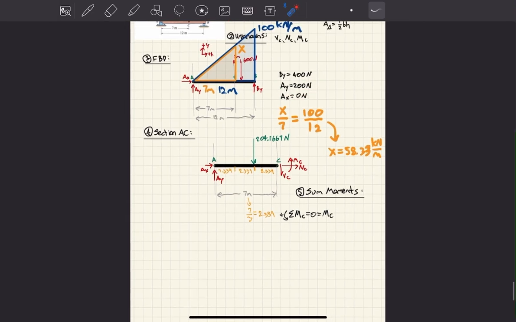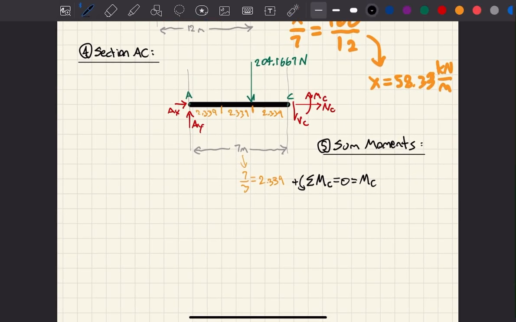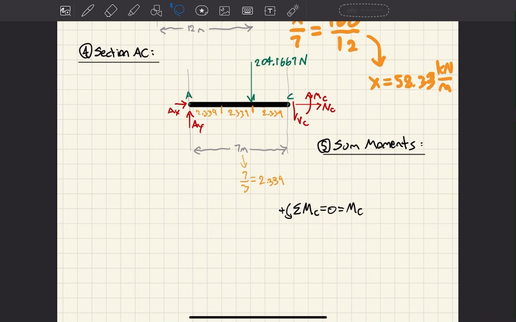Or actually, yes, it is 7 meters. I got scared for a second there. Okay, so move this guy a bit down. Minus AY, it's going to cause a negative moment if positive is counterclockwise, plus